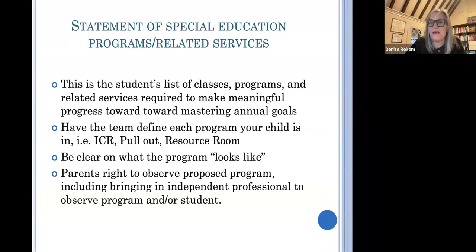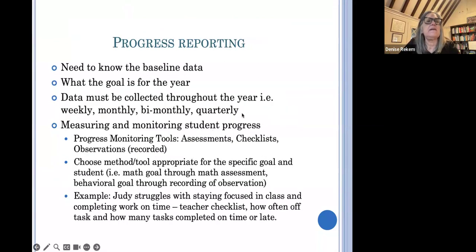But you can also get an autism professional to go look at it and ask questions, because now that person has more information about what your child is going to need. And that's before and after. So if your child is in a program and you're concerned that they're not making progress, you can bring in a professional to observe your child specifically and the program to help you understand whether it's an appropriate program for your child.